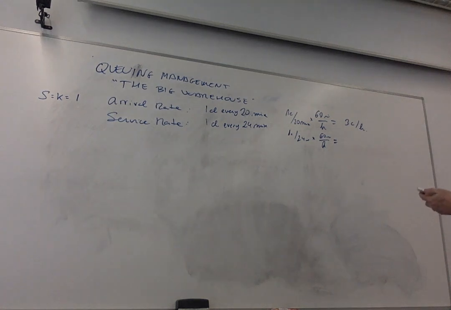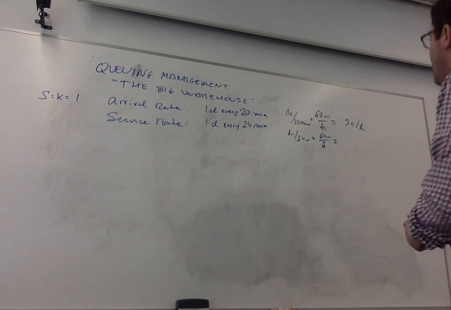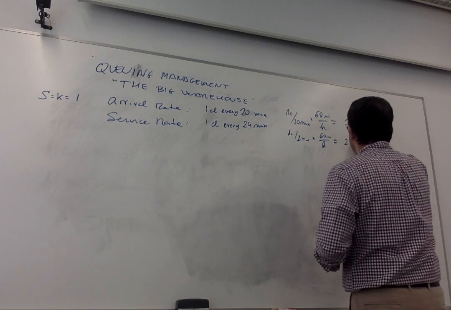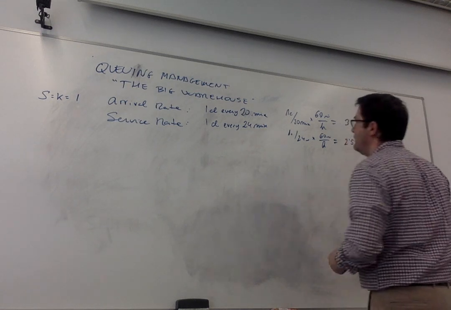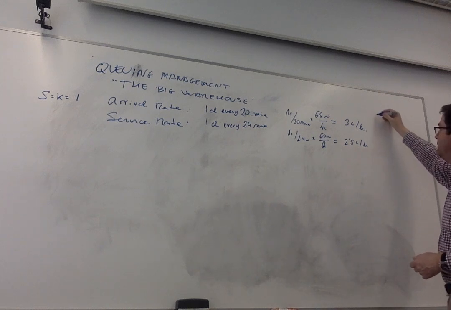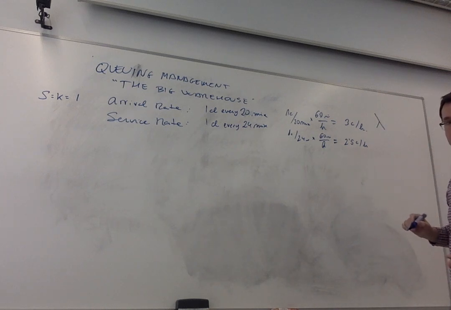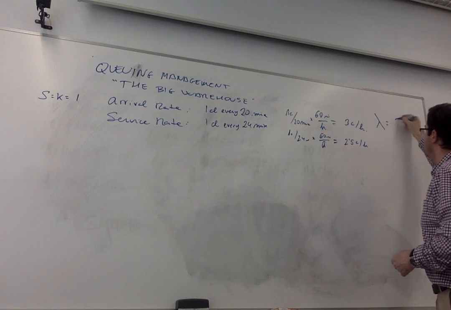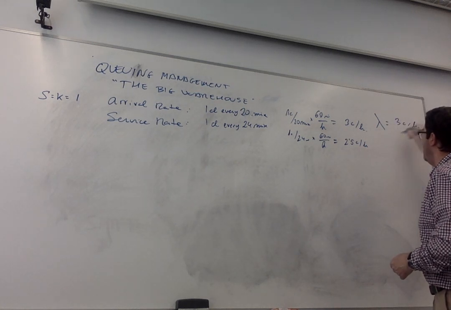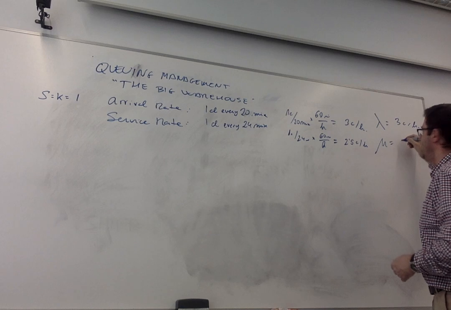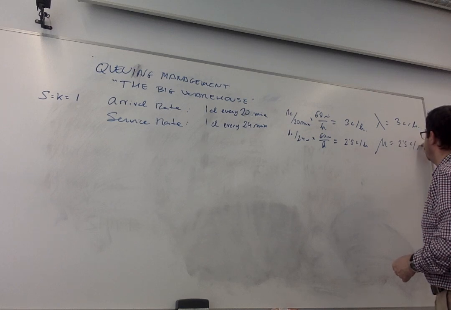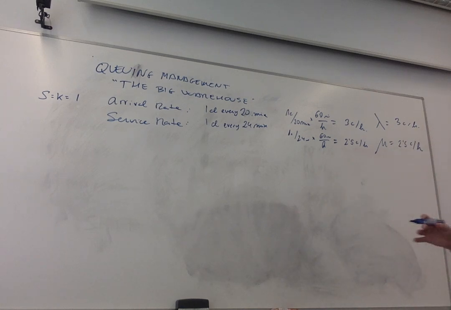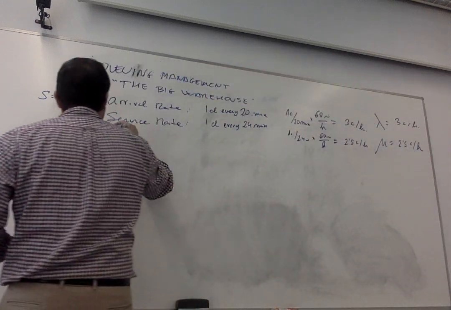The calculator is at home, so I will use this. 2.5 clients per hour. All right? So the arrival rate, remember, lambda, is 3 clients per hour. And the service rate is 2.5 clients per hour. And now that we determine that this is model 1,